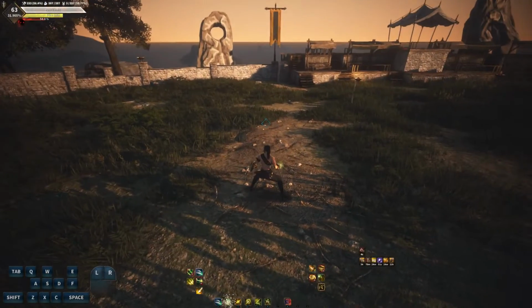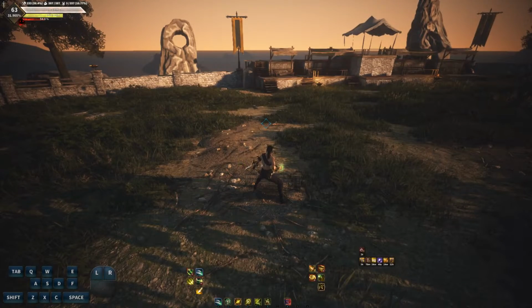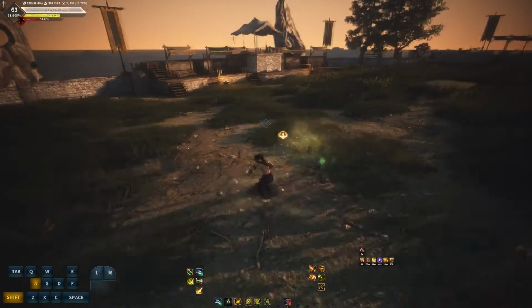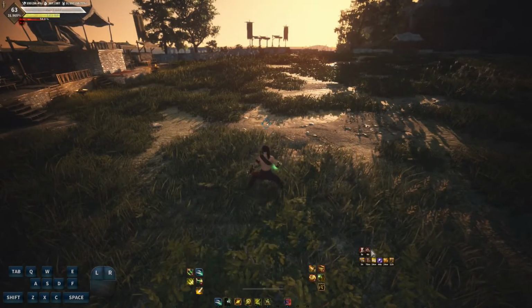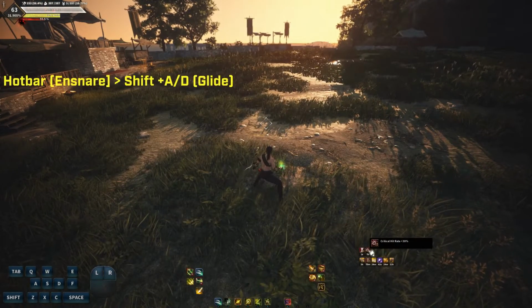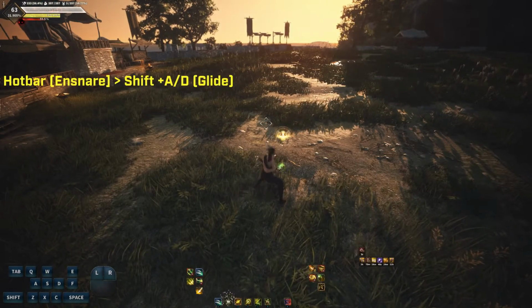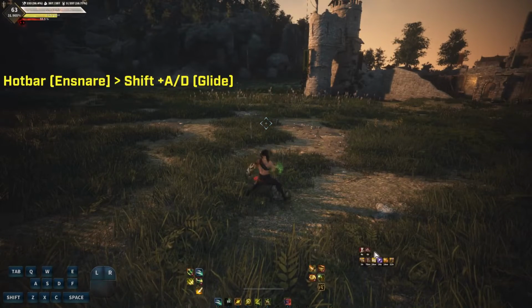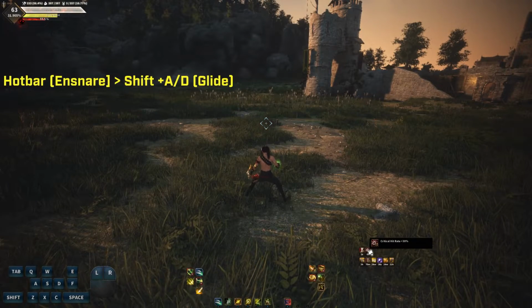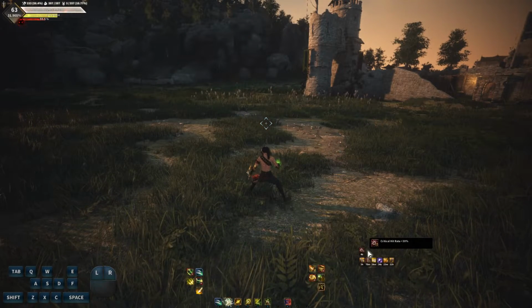So when you're doing the animation, you just shift with the direction key on the left or right, and then you can cancel this animation. You still get the buff actually. You still get the crit buff, but you cancel that pulling back animation. So you can just do this and then glide, and you're going to get the crit buff, and you can cancel that animation and go into other skills immediately.